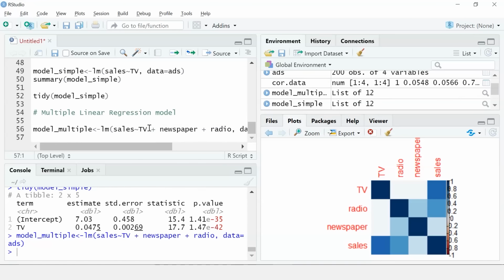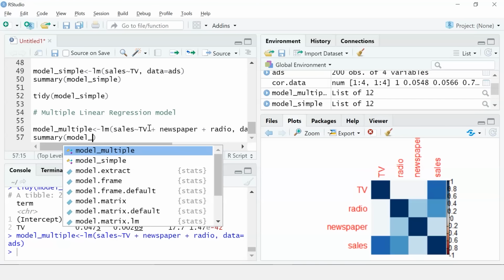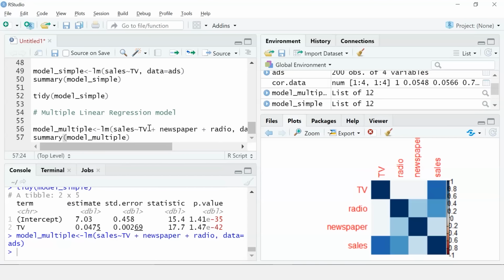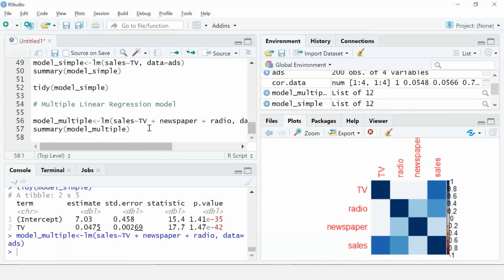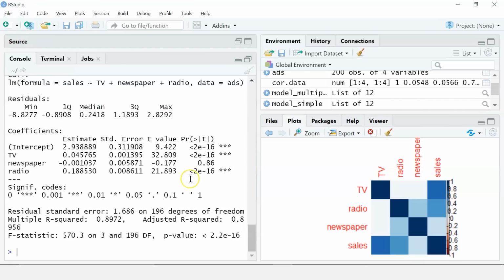I'll follow the same drill. Let me now call the summary function over this newly created model. So I'll write summary, and I'll select my model name as model underscore multiple. Let me run it. So the interpretation of our coefficients is the same as in simple linear regression model.